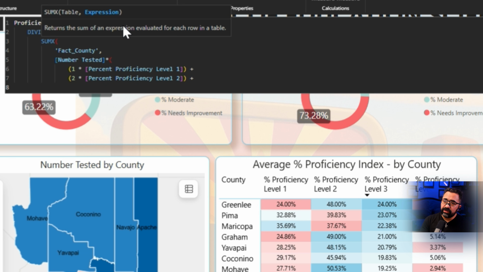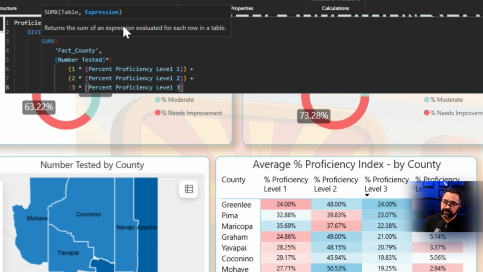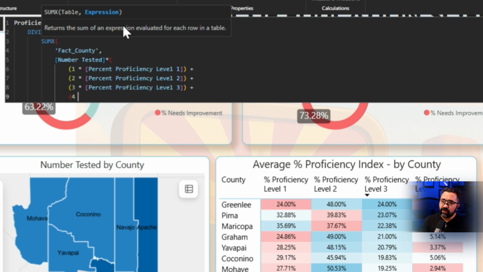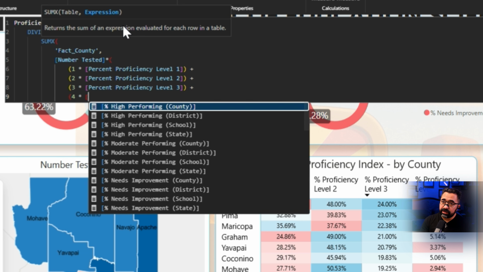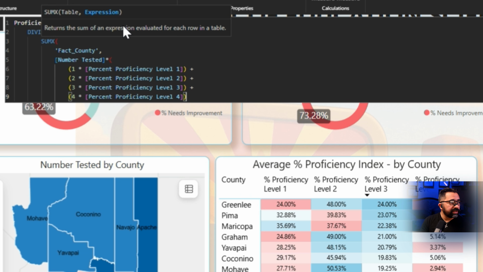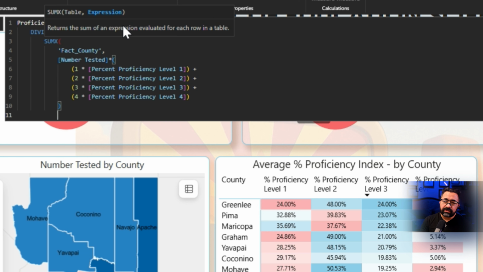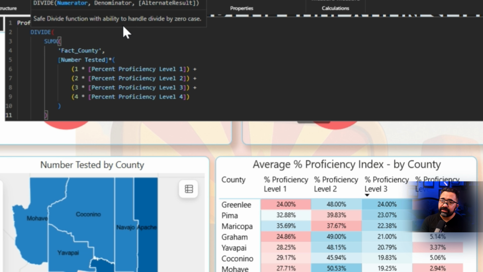So plus, new line, open parentheses, 3 times percent proficiency level 3, plus open parentheses 4 times open square bracket percent proficiency level 4, close parentheses, shift enter to go to a new line, close parentheses to close out that part of the calculation, shift enter, close parentheses again, and that closes out the SUMX portion,